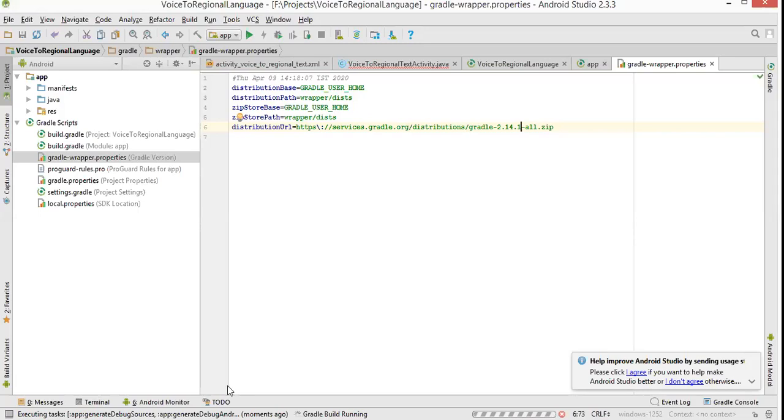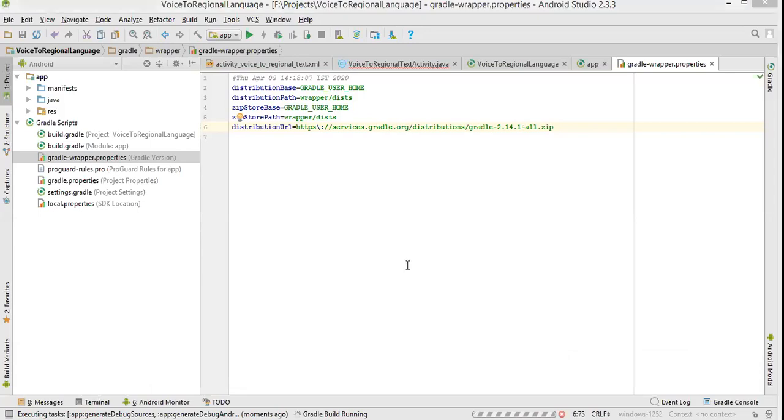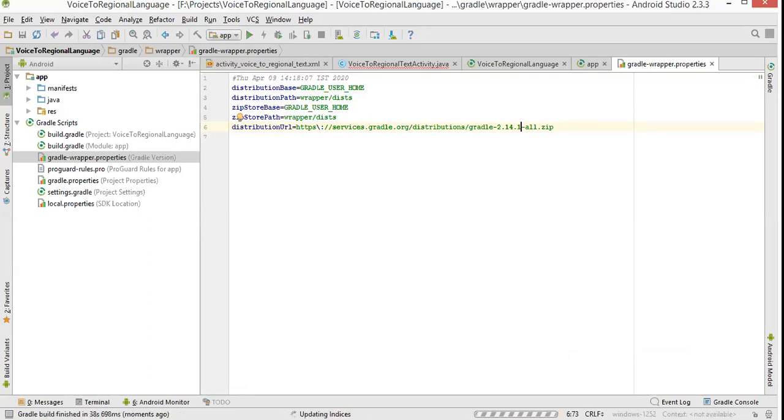Then only your configuration is correct. It will take some time. Is it visible, sir? Executing tasks. Gradle build running. See, updating.